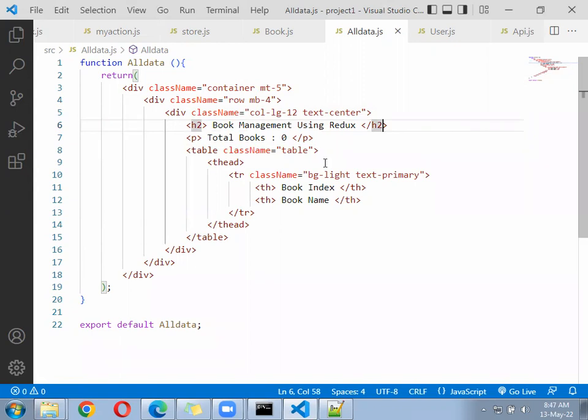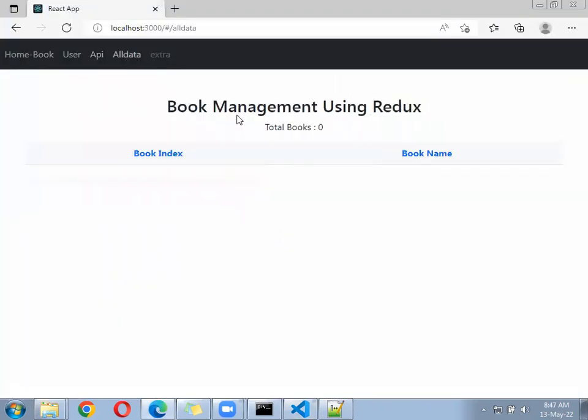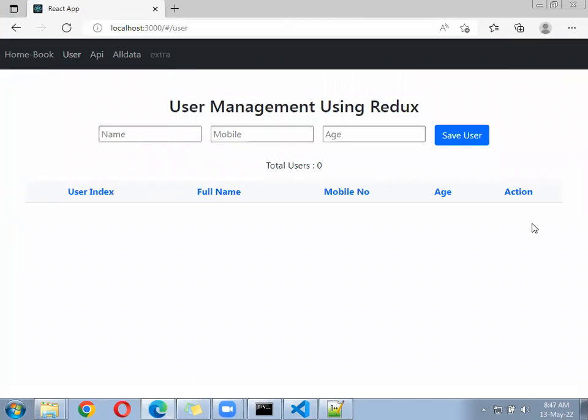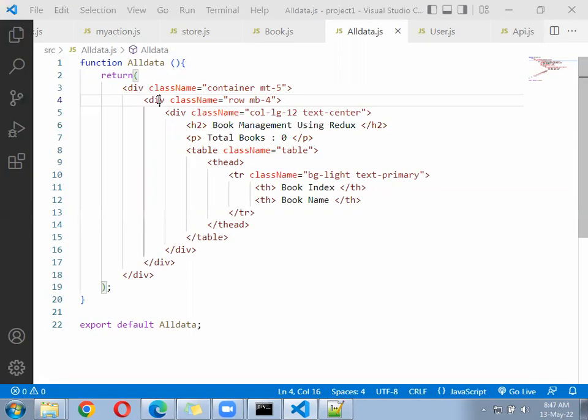Okay, got it. In the all data.js file, what is happening now? It shows only the first section, book details. Now in the user file also we have this listing part that we need to keep here on the page. So after doing the modification in the all data.js file,